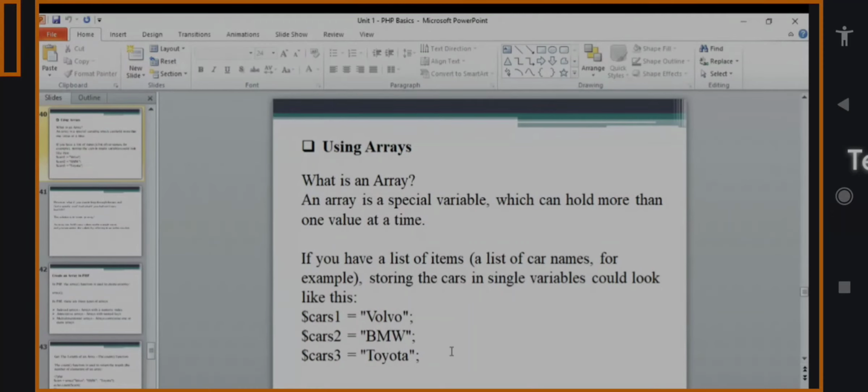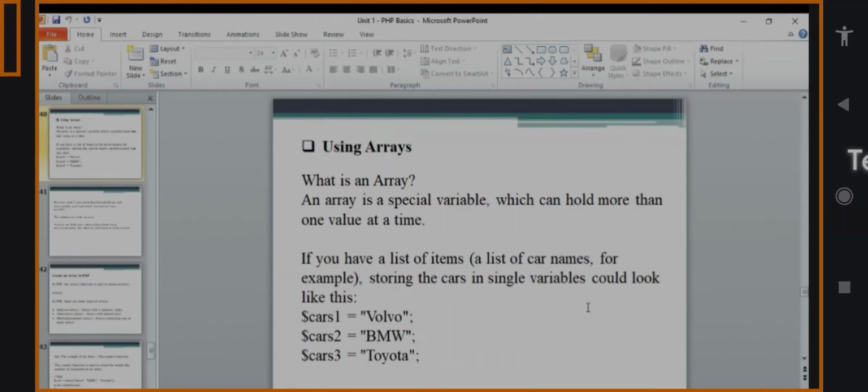We have to store the particular values using some special variable. So if you have a list of similar items, for example a list of car names, storing the cars in a single variable would look like this.